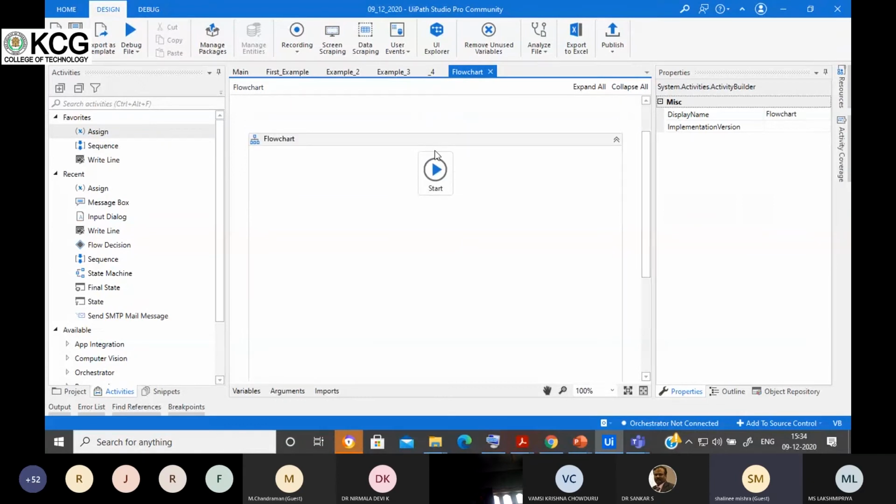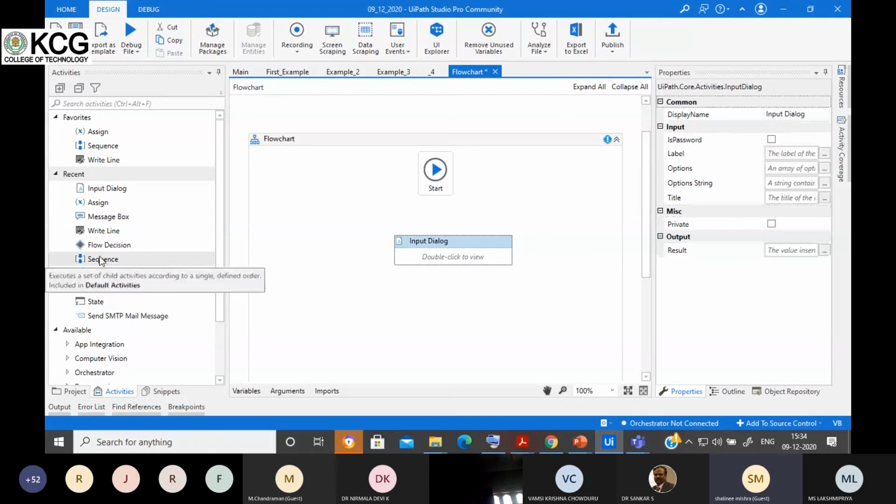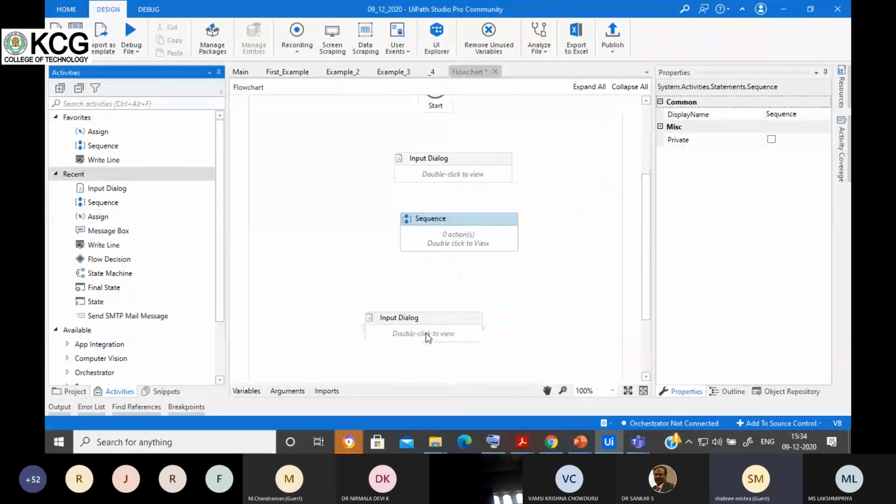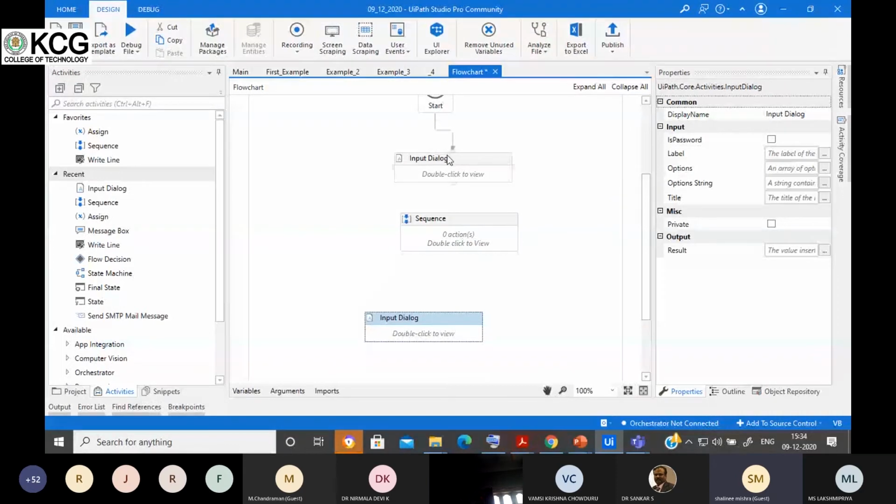This is the start node you will get, and by seeing this symbol, you can identify the flowchart. Okay, and if you add activities here, now your activities get added here like this, and you need to connect these activities one by one. But what happens in the case of the sequence? It automatically gets added to the previous one. Okay, so this is the way to add the flowchart.